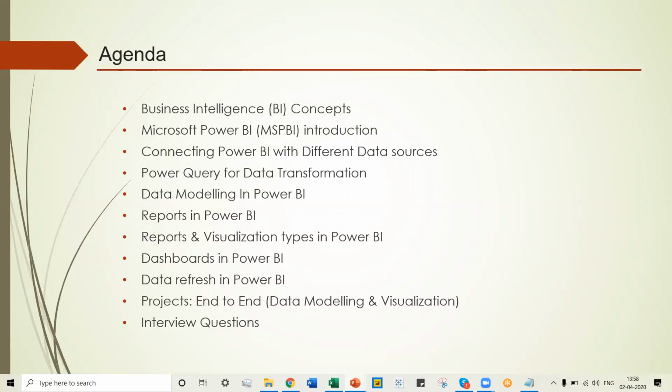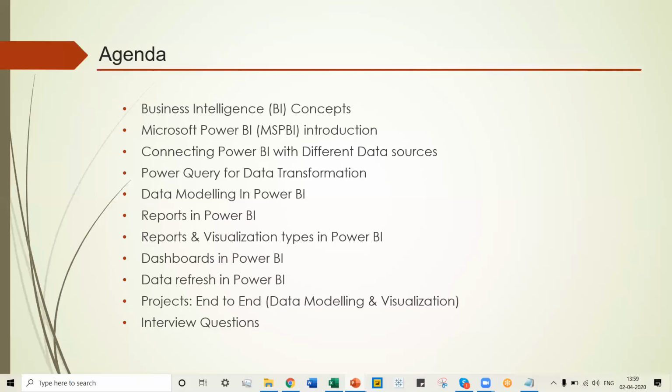DAX is the most powerful feature of Power BI. You can create high-end data model. You can design your data schema in such a way that it is more flexible and dynamic in nature. After talking about data management, we'll go to reports and visualization. We'll be working with certain reports on some real-time scenarios or real-time data and converts those reports into dynamic dashboards in Power BI. The last segment of the discussions will be focused on how we can refresh data, how we